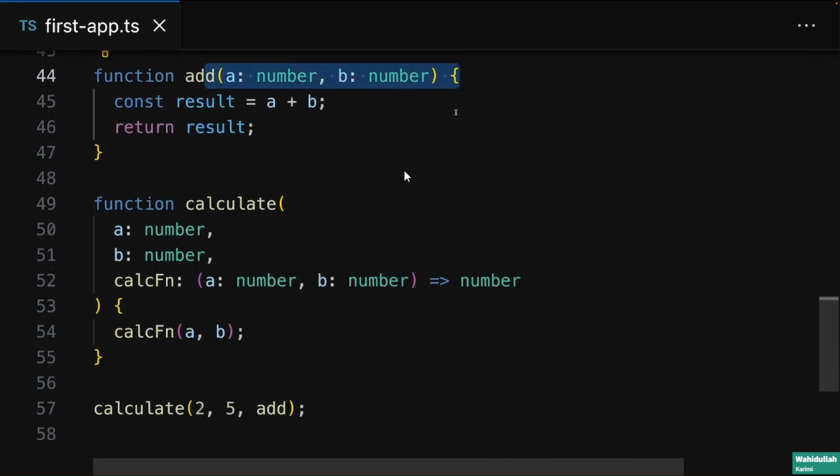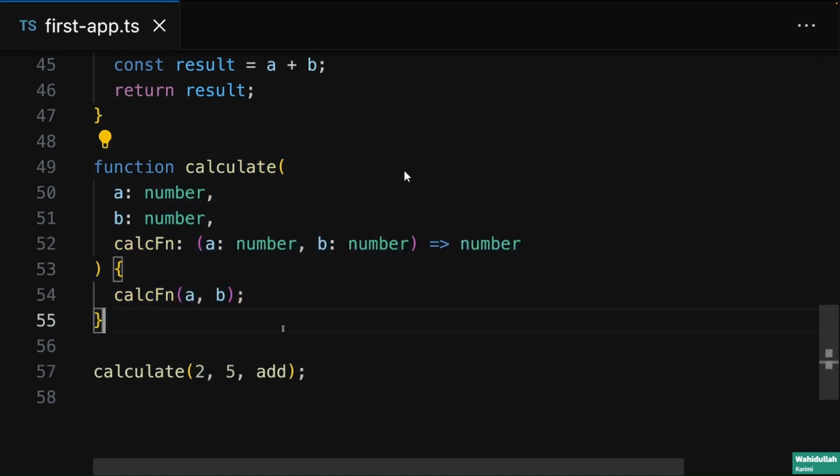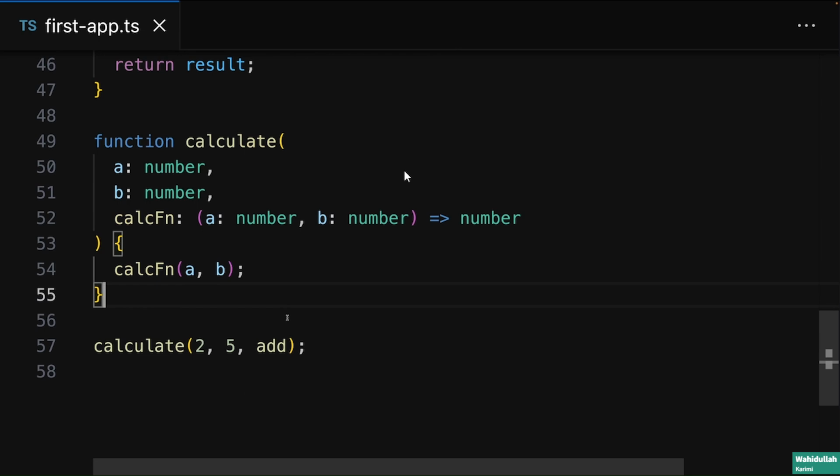So functions and types being used in conjunction with functions and function types are some important TypeScript features which you must know. But here, when we take a look at this code example, you also see one potential problem which you'll sometimes encounter when working with TypeScript. Your type definitions can get rather long, like this function type definition for the calcFn value here. Now, this is not a big problem here, but we might want to outsource this type definition, and you can